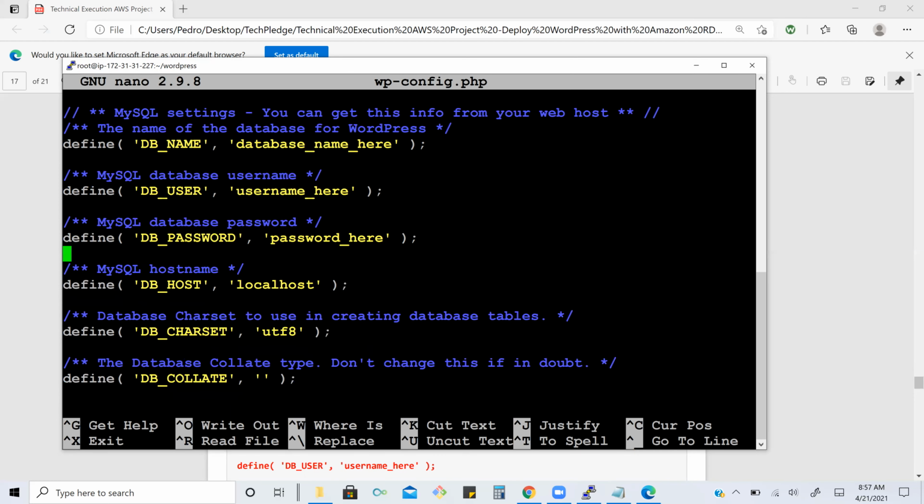Now remove this whole line and type the WordPress. To remove it, can I just highlight and delete? Yeah, just say backspace or delete. Now press delete. Just type WordPress.